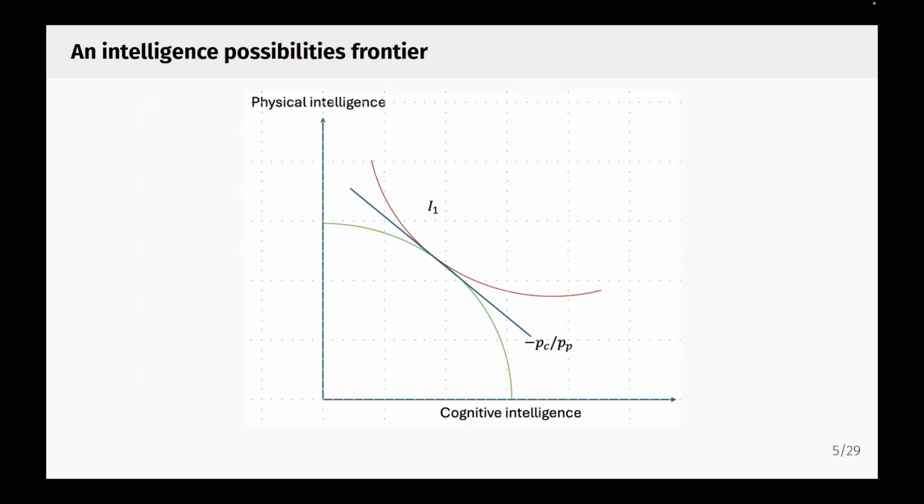Okay, final way of thinking about this, and then we'll get into what we're actually doing. Let's bring in some economics. Again, we have a frontier of intelligence here, cognitive on the x-axis, physical on the y-axis. The green line is your intelligence frontier. The red is the indifference curve of consumers. And so your blue line, the line of tangency, gives you the relative price of the two types of intelligence. Now, suppose you introduce some technological progress that is jagged. So you get better at cognitive intelligence, but you don't get any better at physical intelligence.